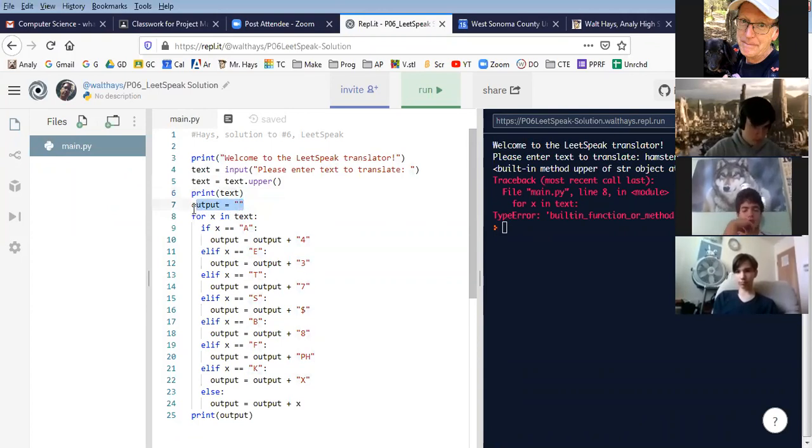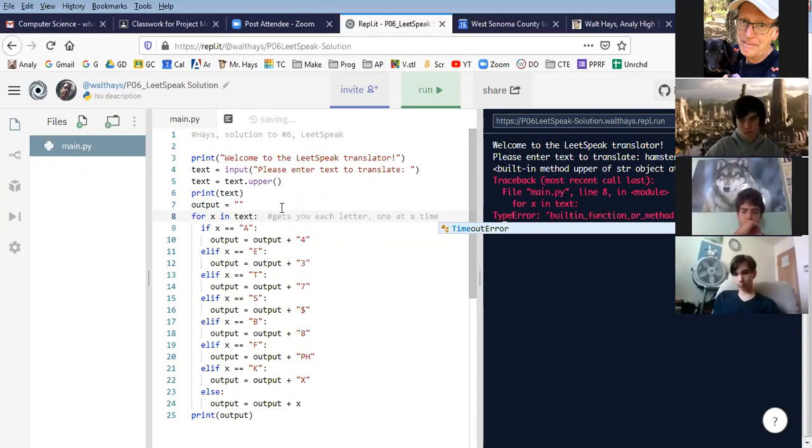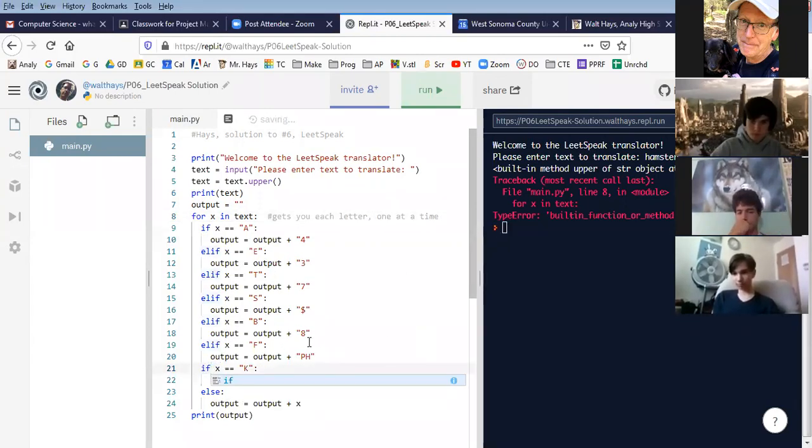Then I made a variable called output and said it was empty. Then for X in text, this line gets you each letter one at a time. It's just checking, if it's an A, replace it with that; if it's an E, replace it with that, and so on. Now, it's important that you put it all as a single if, elif, else. And I'll show you why, because if you just did this as an if over here, then what's going to